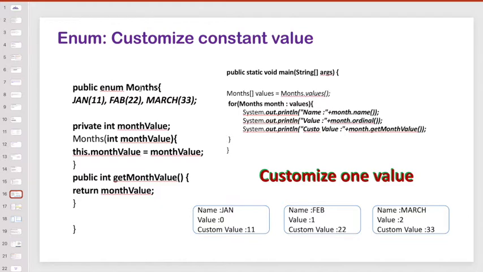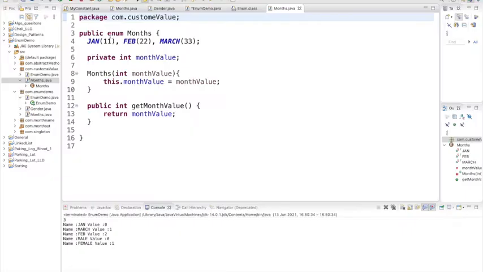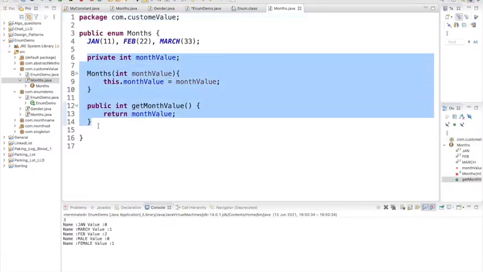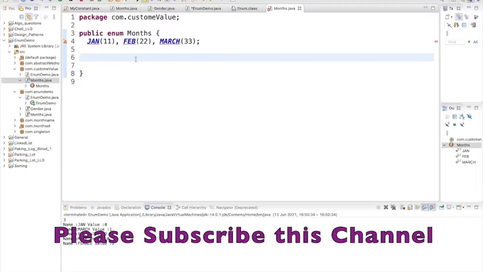You can understand an enum by analogy: this Month is the class and each constant of the class is an object, right? We define one month enum, and suppose I don't have anything else. Now you will see it's showing an error because I have not defined any constructor. How can we pass this value?